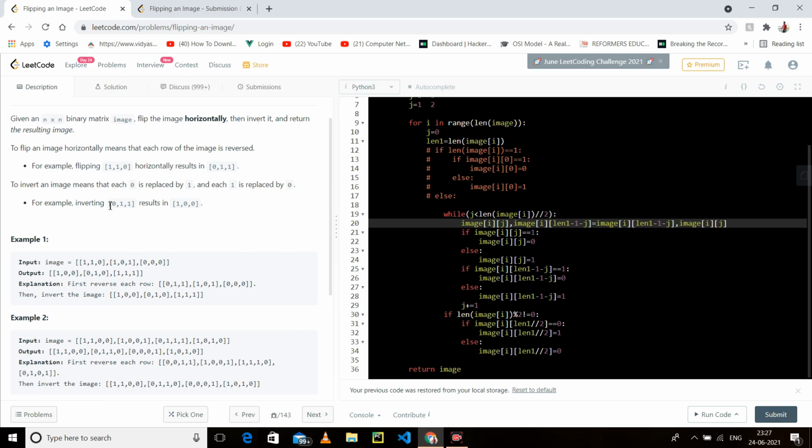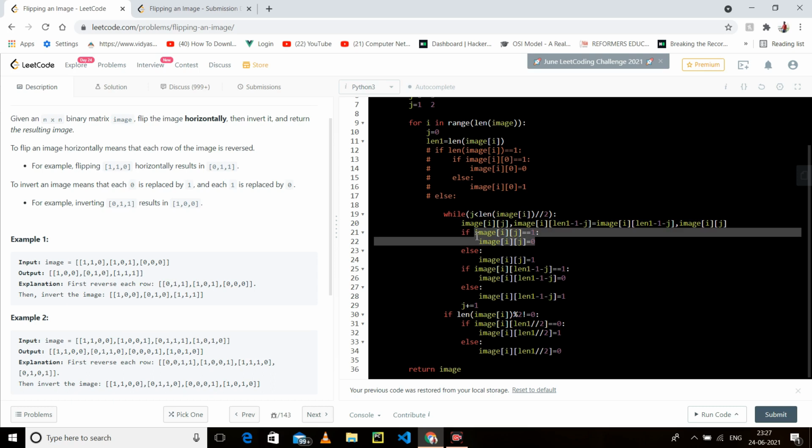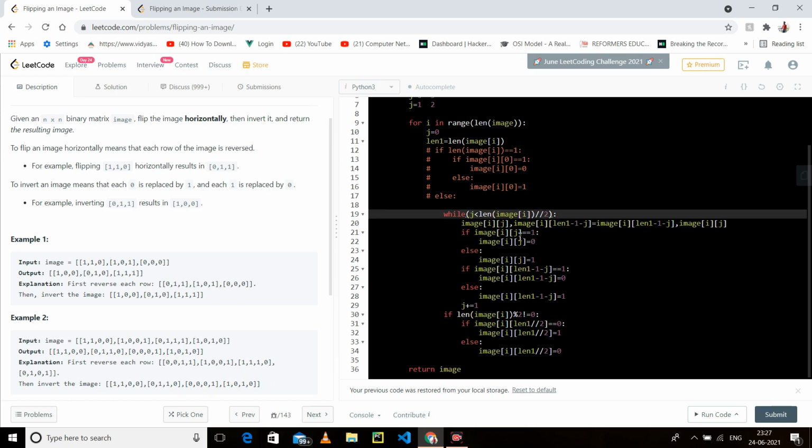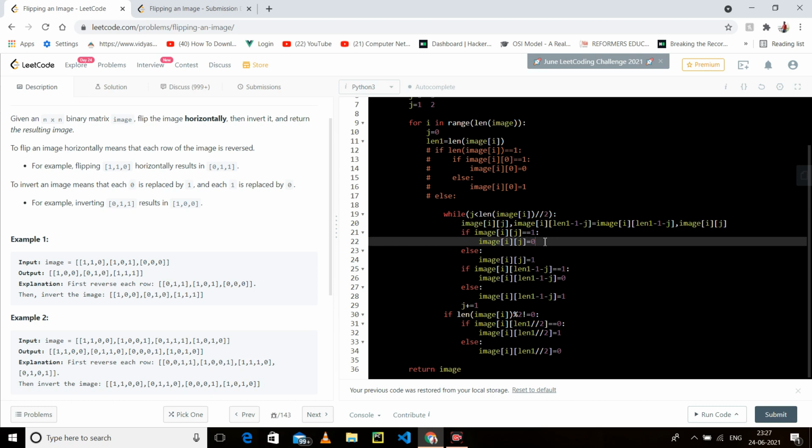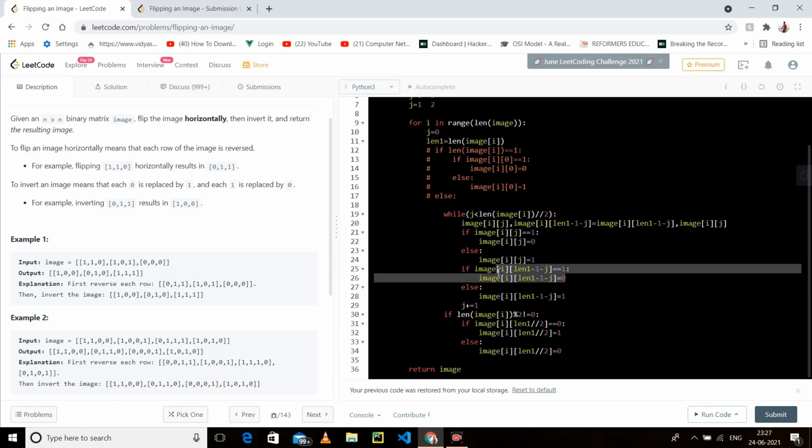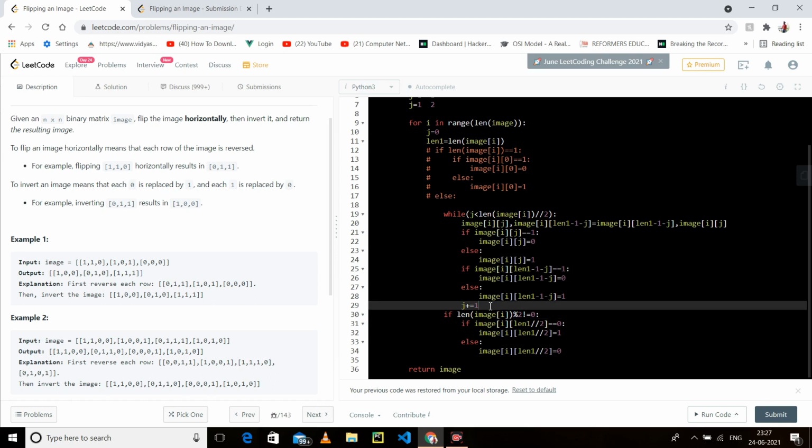Now I have to change 0 to 1 and 1 to 0. So what I am saying is, if it is 1, replace it at 0. Whatever the value at 0 comma 0, you have to replace, because at this point our j is 0 and I is also 0. So whatever is at 0 comma 0, just replace it, and whatever is present at 0 comma 3, just replace it. If it is 0, replace it by 1. If it is 1, replace it by 0. So this is the process of reversing, and this is the process of flipping the binary number.